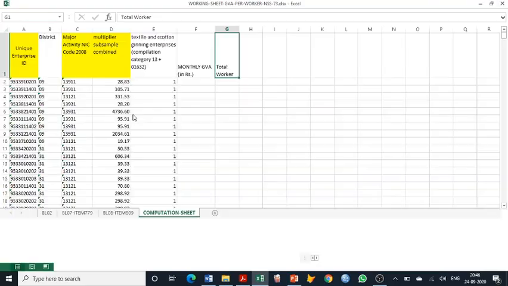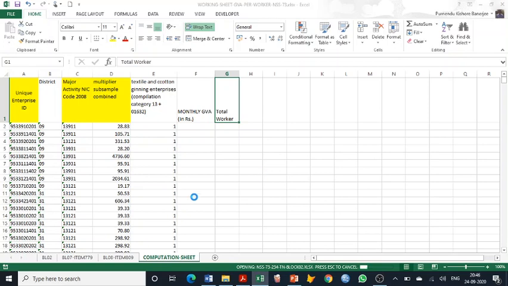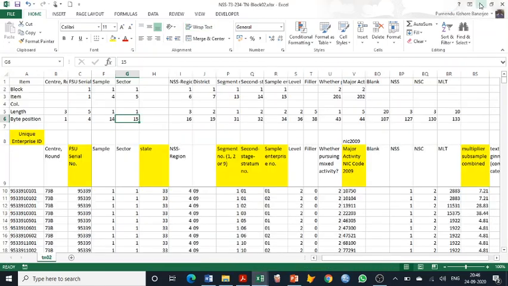I took the data for Tamil Nadu and created these small Excel files, first using the same type of steps which we used for generating the 75th round of NSS data for Punjab. Now, this is block 2 of Tamil Nadu. I have created a unique enterprise ID, for which I require the FSU.